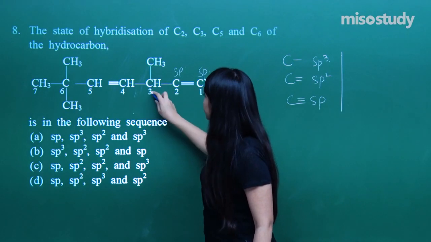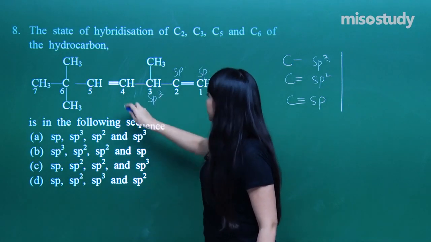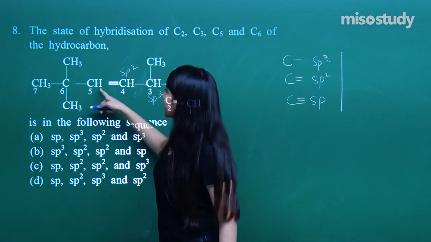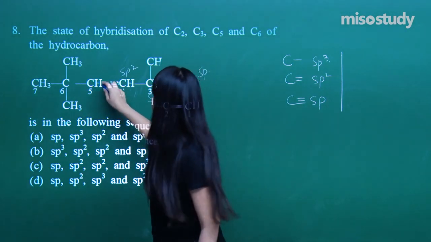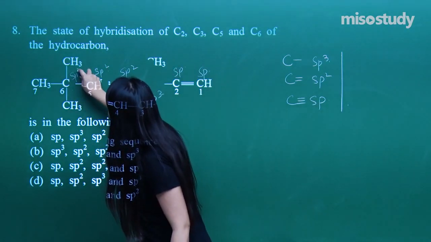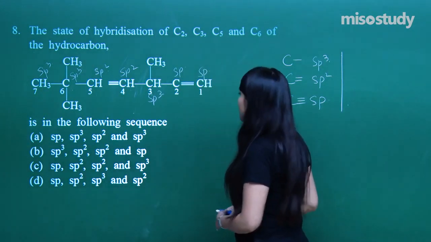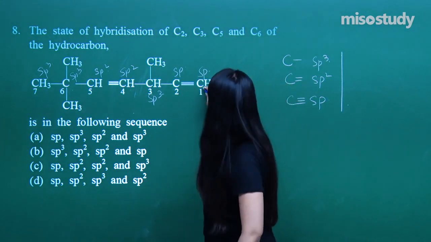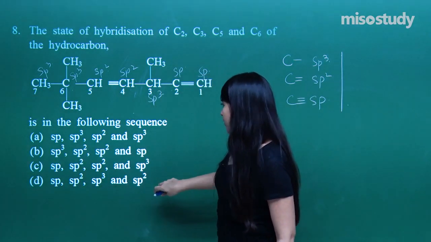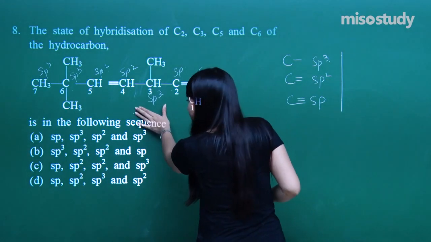Here what do I have? Singly bonded from each and every side, that means sp3. Here a doubly bonded, it would be sp2. Again a doubly bonded, that means here is the double bond, sp2. What else? sp3, and finally sp3. So that is how we are going to assign the state of hybridization within the carbons. So let's match the options here. Number 1 is sp, so sp followed by sp, and then followed by sp3.